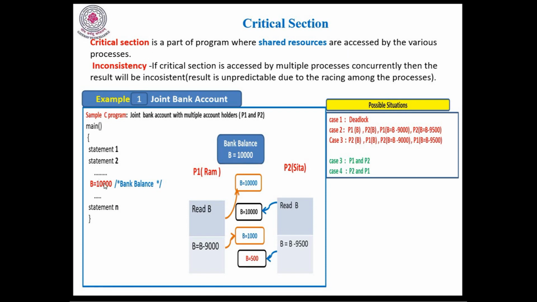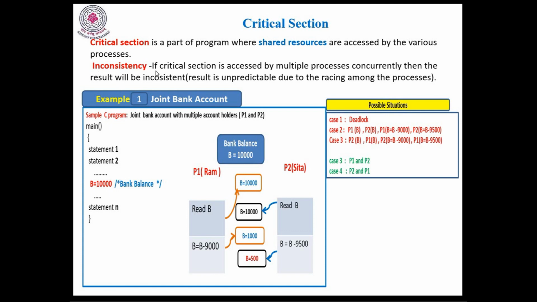In this program, this is the shared variable, and this is accessed by different account holders like P1, P2 or P3. In this example, I have taken only two account holders. One is P1 and the second one is P2. If these account holders want to access this value, there is a race. That is what we try to find and try to provide the solution for, for the maintenance of consistency, to avoid inconsistency.